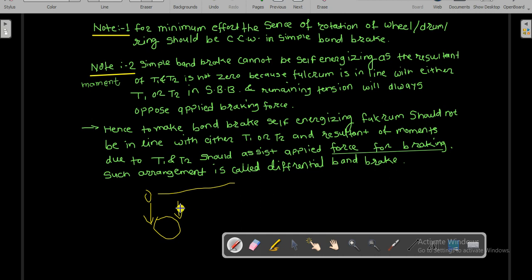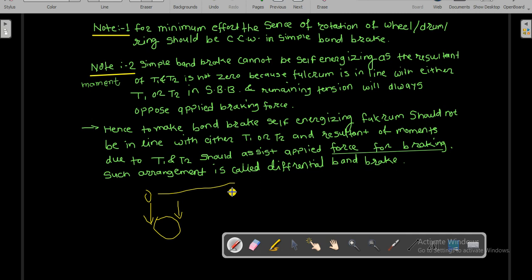Now let us say this is T1. You can see that this will always oppose, whether it is T1 or T2 depending on the clockwise or anti-clockwise direction of rotation of the wheel, the applied force F. So this type of simple band brake can never be